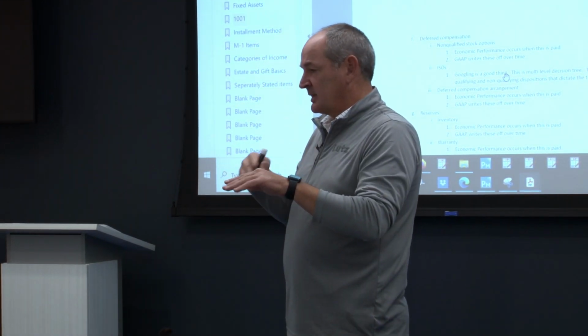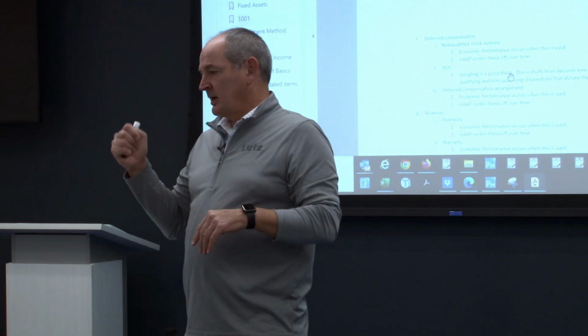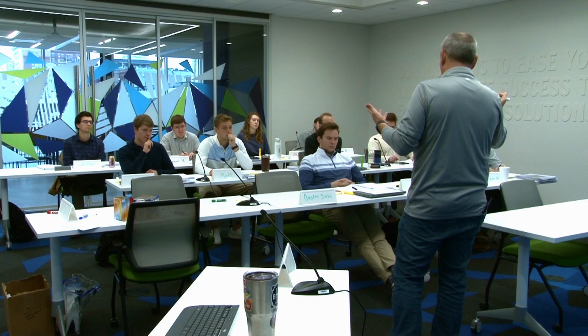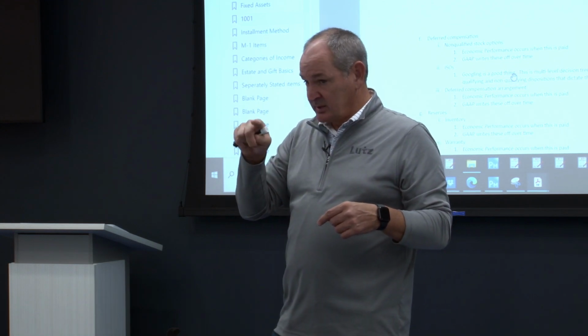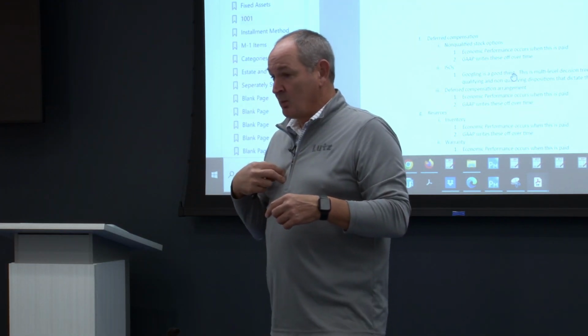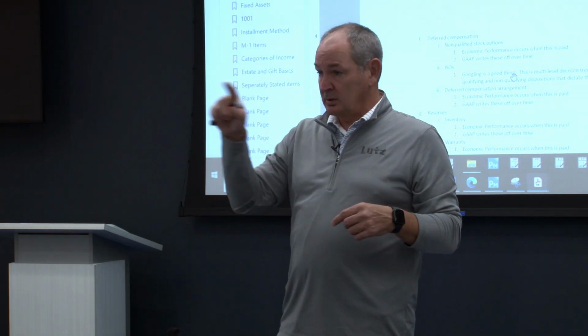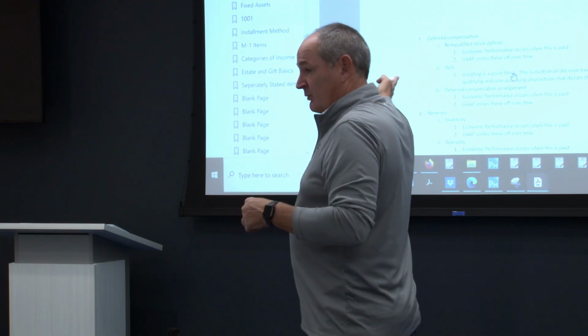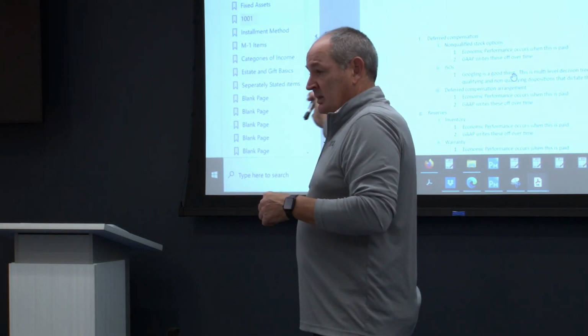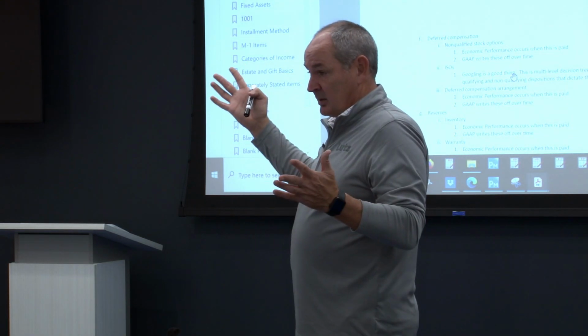In my example, I'm going to change my 110 to 120, and say that it is taken in GAAP expense over 2 years at $60 per year. So in year one, GAAP is going to have a $60 expense that we don't get for tax. In year two, we have a GAAP expense of $60 that we don't get for tax. So we have an M1 in year one and year two, a $60 add back, because according to this, economic performance for tax does not occur until paid. We haven't paid him anything.